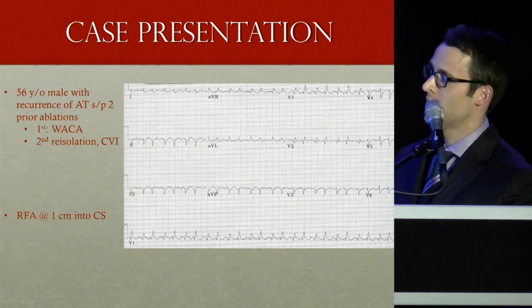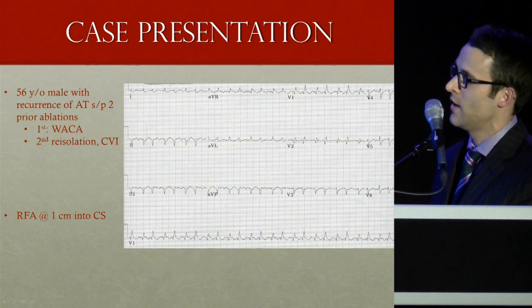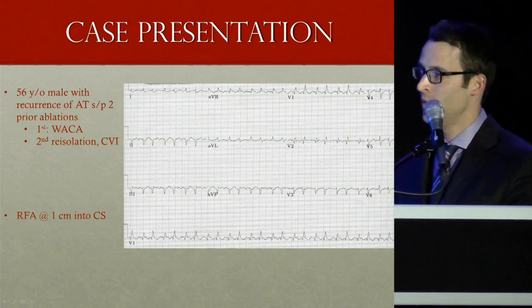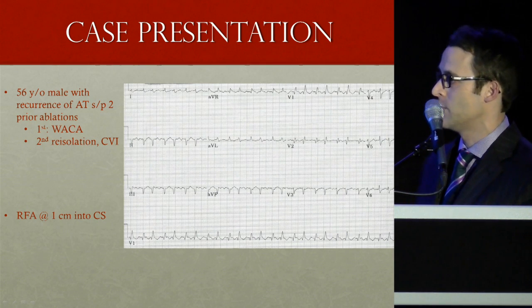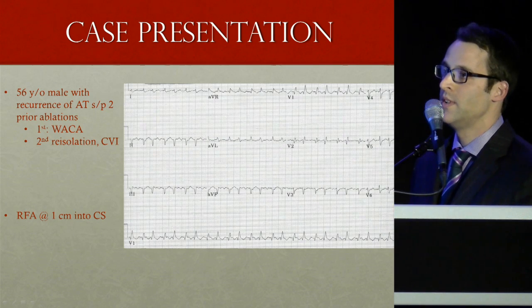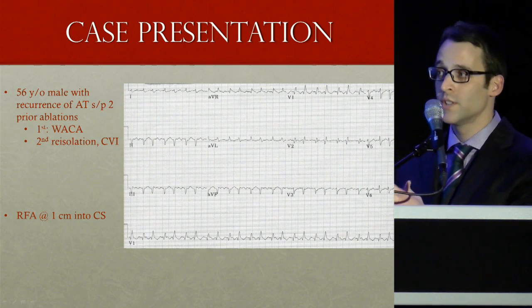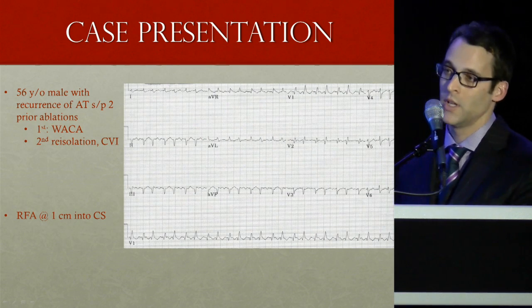He then came back in this rhythm. This is negative here, positive here, and it transitions here. And maybe in lead L, it's initially positive and then has a downward deflection. Once again, take it for what that means, but we were thinking possibly a left or septal location. But when we did the electroanatomic map, the right side didn't get it, so we went to the left. Earliest activation was actually in the mitral annulus, so with initial ablations there we got a little slowing,